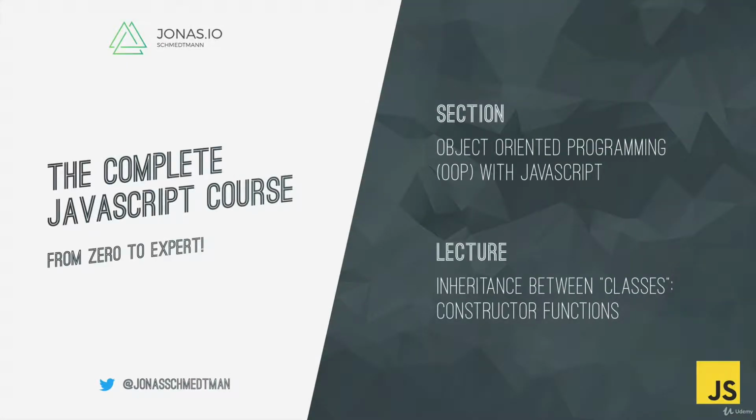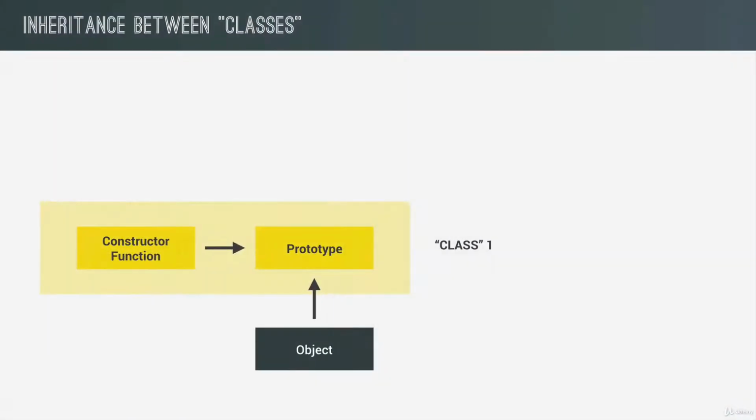So, over the last couple of lectures, we explored how prototypal inheritance works in JavaScript, and we did that using a couple of different techniques. So we used constructor functions, ES6 classes, and object.create. Now, all of these techniques basically allow objects to inherit methods from its prototype, so to delegate their behavior to their prototype, right? But now it's time to turn our attention to more real inheritance, so in the way that we learned in the very first lecture of this section.